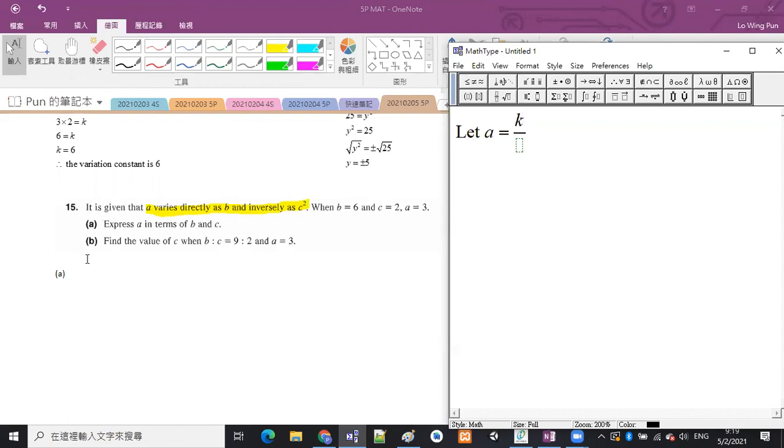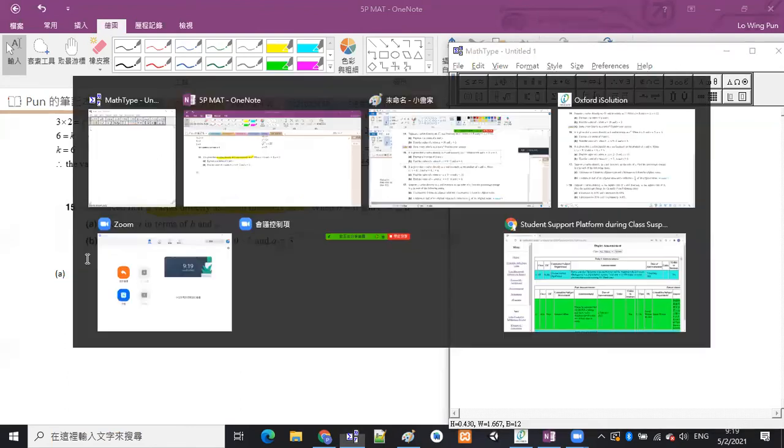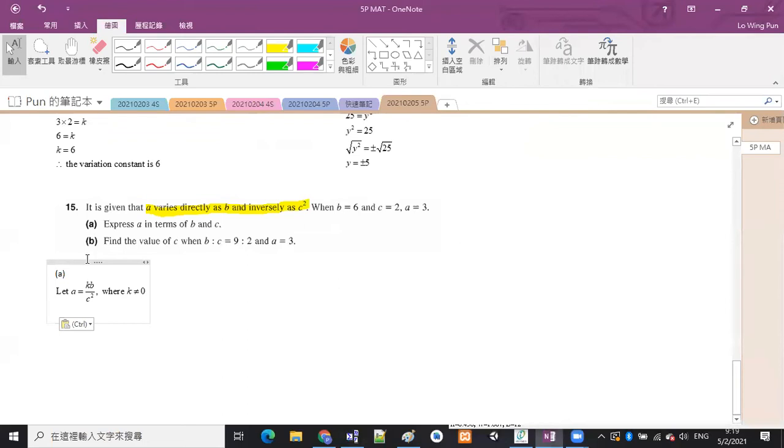Okay? So A varies directly as B. B is in direct variation. So it is on top. And inversely as c squared. So c squared is in inverse variation. So it should be on the bottom. Okay? And then where k is not equal to 0. This is the first line. All right. And then you just put the given numbers into